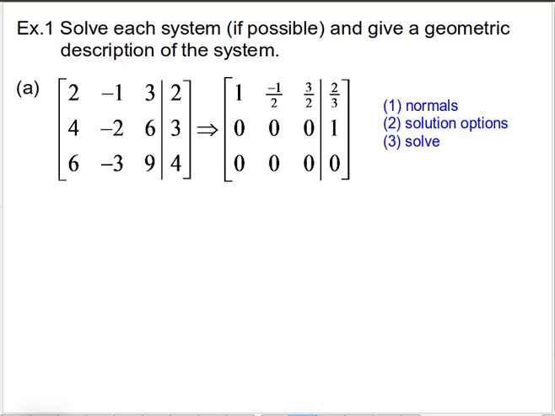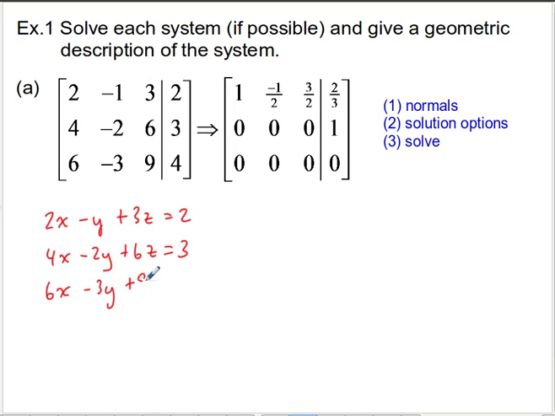So we're going to work through some exercises here, but rather than going through all the trouble of solving the system, I'm going to be using matrix notation for solving these systems, but please understand, you can switch these back to XY notation, no problem. For example, this first system starts off as 2x minus y plus 3z equals 2, 4x minus 2y plus 6z equals 3, 6x minus 3y plus 9z equals 4, and that system